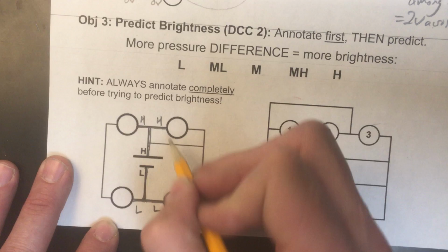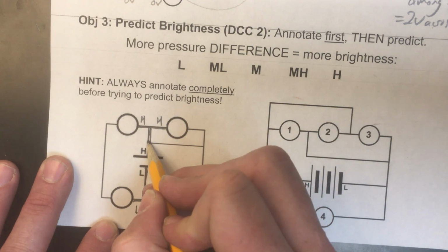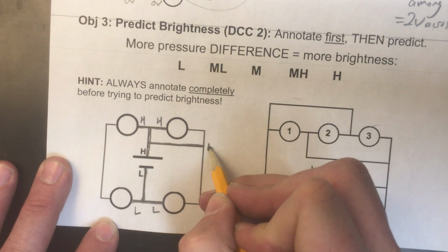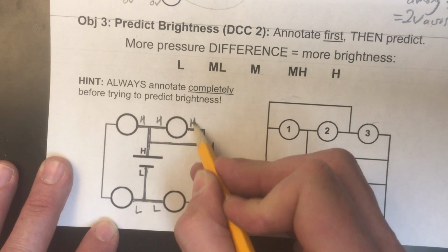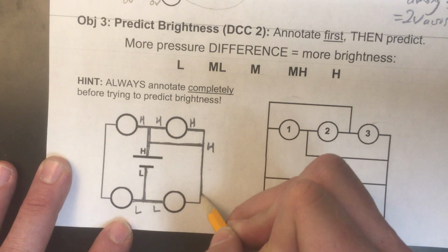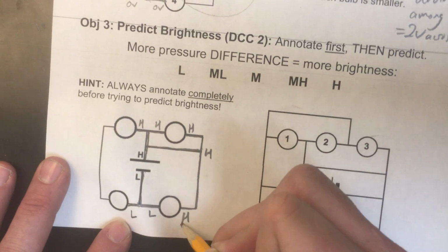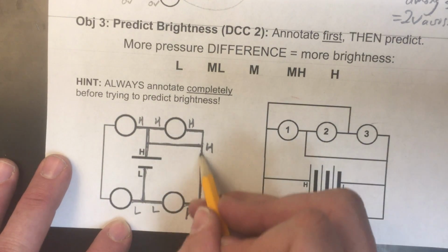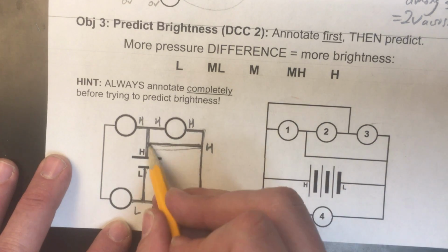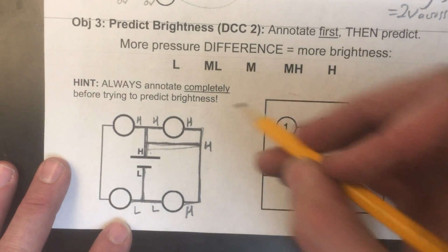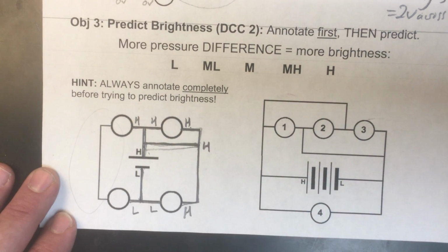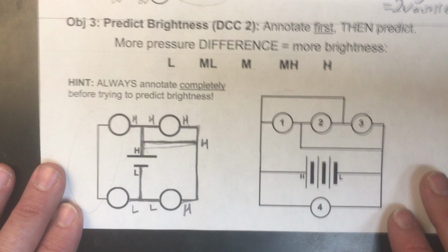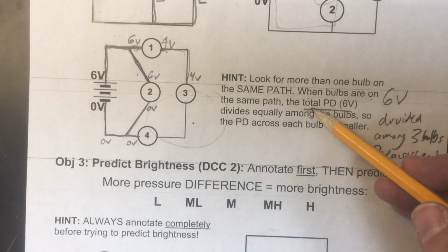This has to be high voltage because it's also connected, but this also has to be high voltage because it's also connected. This has to be high because it's also connected. This has to be high. Any places that are connected back to the high voltage side of the battery get that same H. Now, I have some things here that I can't figure out, but this is where I would use this hint